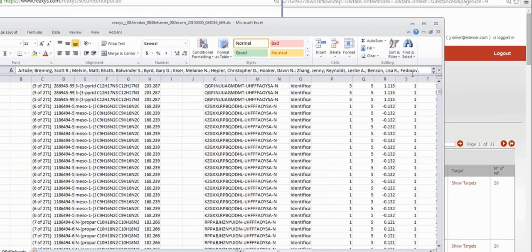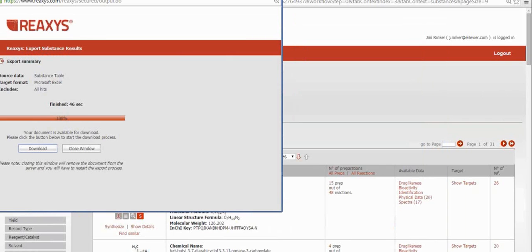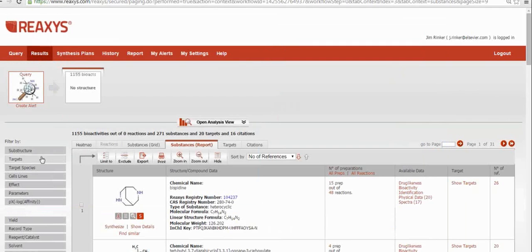So that's a quick tour of Reaxys medicinal chemistry. I thought that we can open it up now for questions and see what people think, and if anybody has any searches that they want to do, and